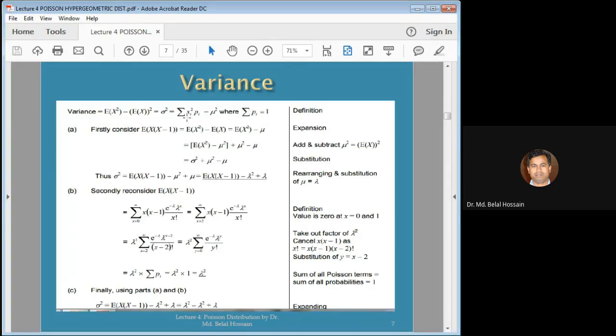প্রথমে এই টার্মটা বের করতে হবে, ওকে। তো x স্কয়ার ইনটু py বের করার জন্য আমরা ফার্স্ট কনসিডার এক্সপেক্টেড ভ্যালু অফ x ইনটু x মাইনাস 1, তাহলে এটা হচ্ছে x স্কয়ার মাইনাস x এর এক্সপেক্টেড ভ্যালুর সমান, অর্থাৎ expected value of x square minus expected value of x, ওকে। আমরা জানি expected value of x, একটু আগে বের করেছি, সেটা মিউ এর সমান, কাজেই আমাদের expected value of x square টা বের করলেই হবে, ওকে। এখানে যদি আমরা মান বসাই, এখানে একটা মাইনাস মিউ স্কয়ার করি, এটা প্লাস মিউ মাইনাস মিউ, ক্যান্সেল আউট হয়ে যায়, কাজেই এই টার্মটা হচ্ছে সিগমা স্কয়ার, ওকে।